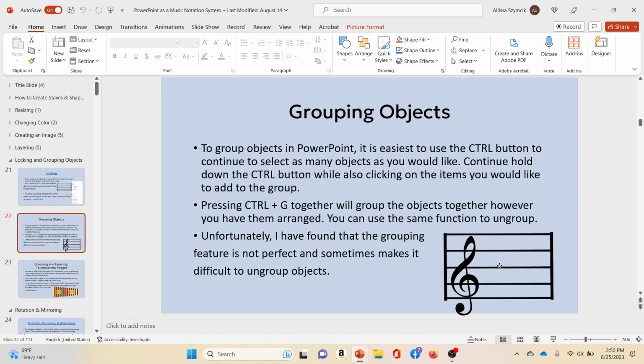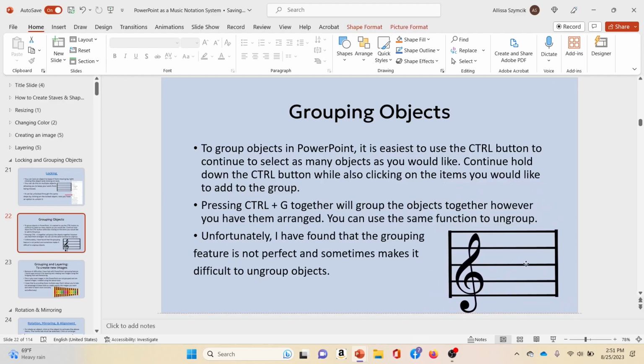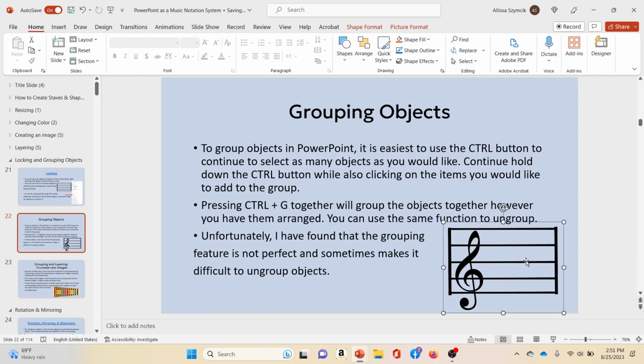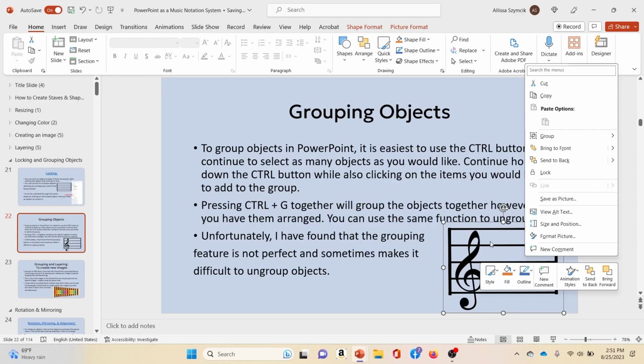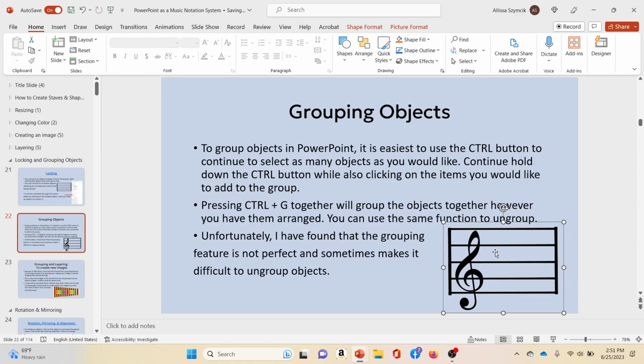If you left click on the object and then press Control and then left click on the second object, keep holding Control and then press G, you've grouped the objects together. The hard thing to do is to ungroup them. Now, one of the reasons I wanted to show you this is because I wanted to show you some ways in which you can use grouping to make